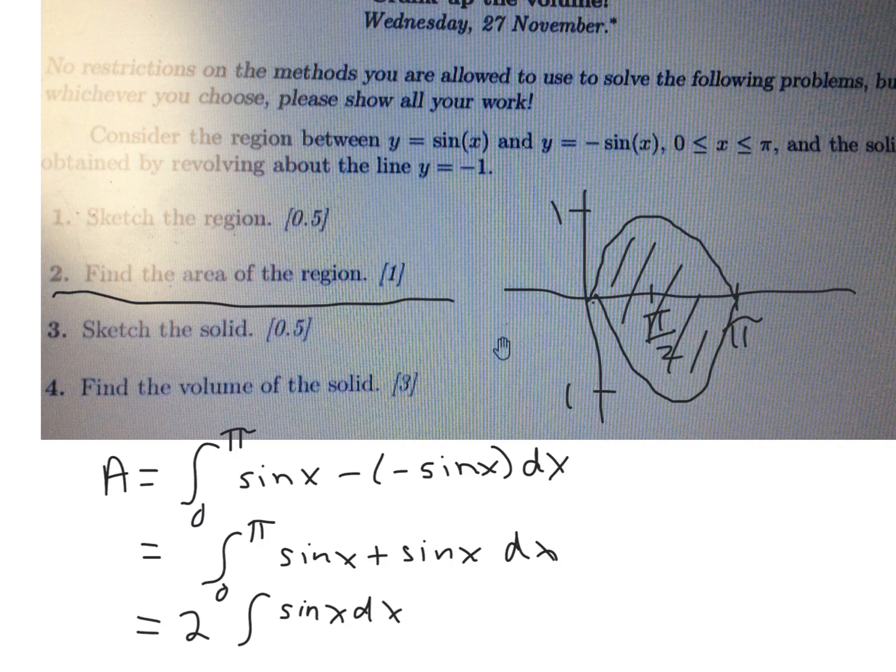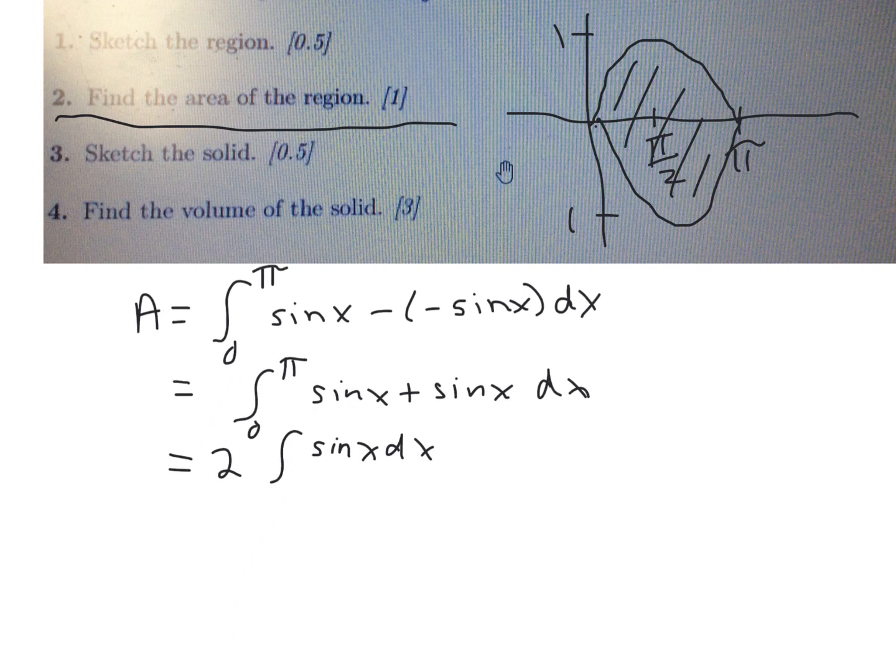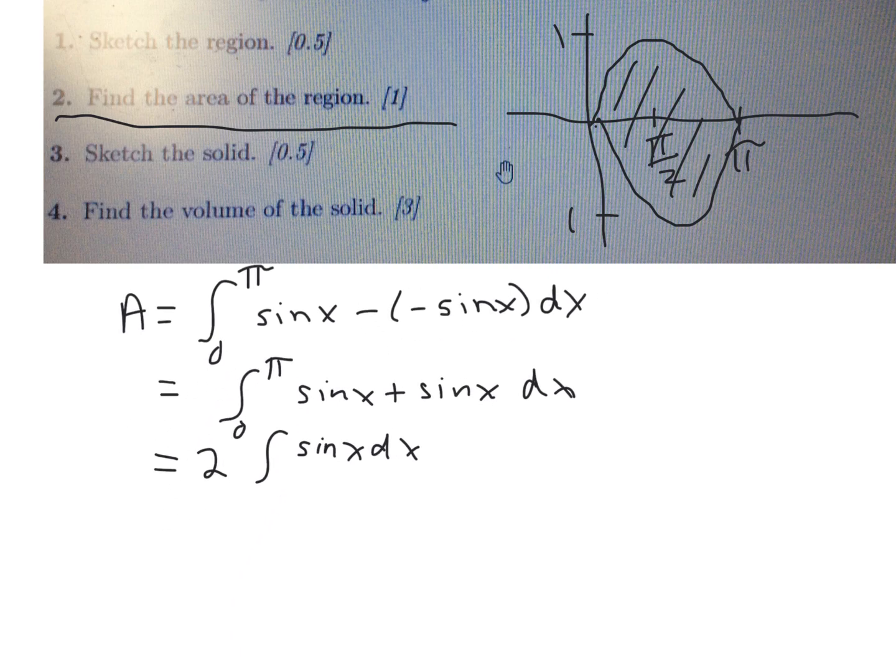And so let's just move this up a bit. All we have to do now is take the integral of sine x, which is going to be negative cos x, and we are going to evaluate that over 0 to pi. So that gives me 2 times,